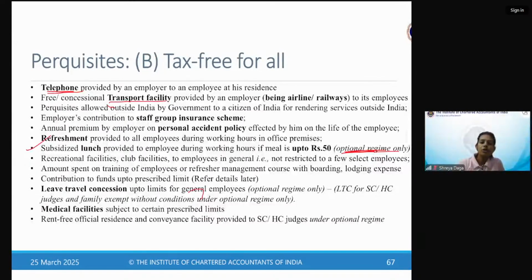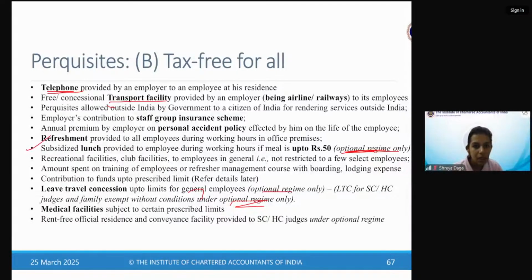लीव ट्रैवल कंसेशन जो आपको लीव मतलब आप लीव लेके जब हॉलिडे पे जाते हैं उसके लिए when they make good, तो वो लीव ट्रैवल कंसेशन के लिए there are some limits given in the law, ओके। And that is also available under optional regime only, it is available under optional regime only, that too subject to limits, okay, so not relevant for default regime। and जो सुप्रीम कोर्ट हाई कोर्ट जजेस को जो मिलने वाला है ना, वो ऑप्शनल रेजिम में ही वो भी एग्जेम्प्ट है, it is not exempt under default regime, बट उनको बिना कंडीशन के एग्जेम्पशन है।